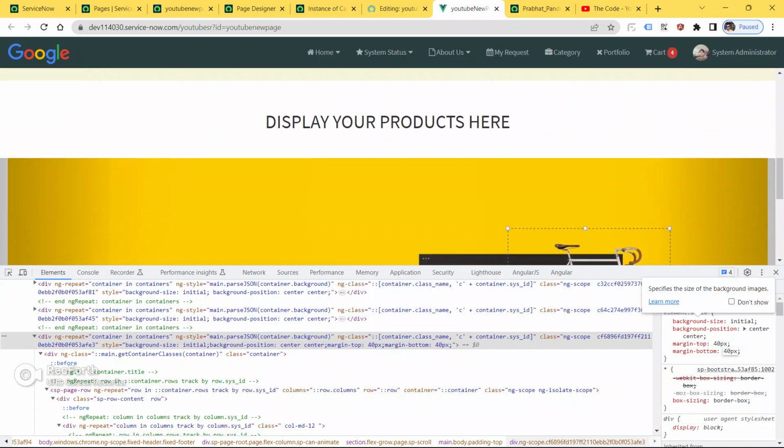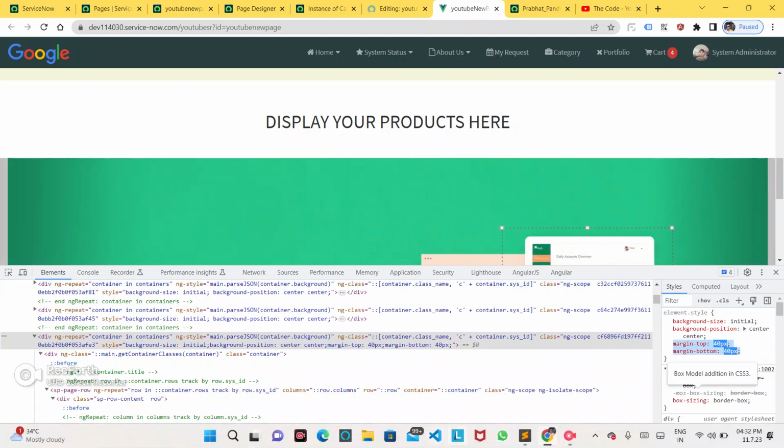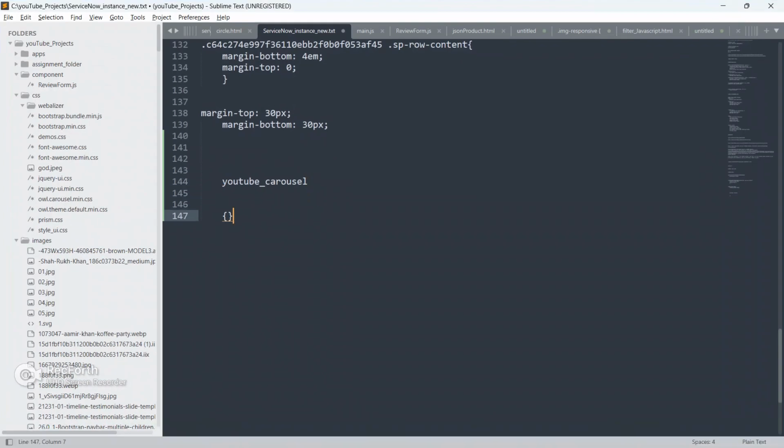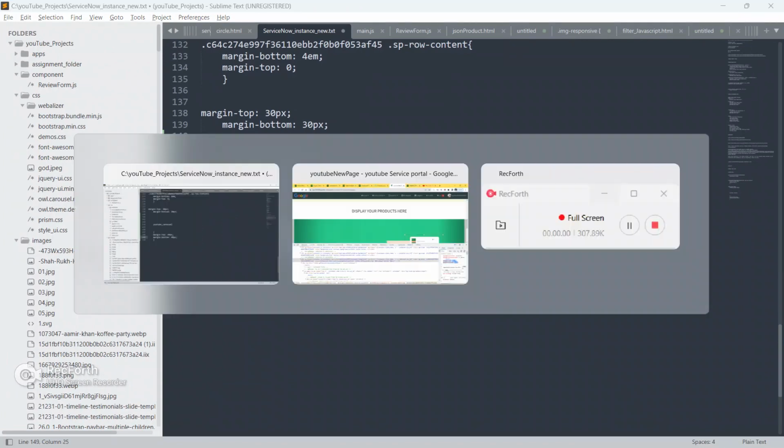Now it is looking cool. Just copy these CSS properties from here and paste it here.